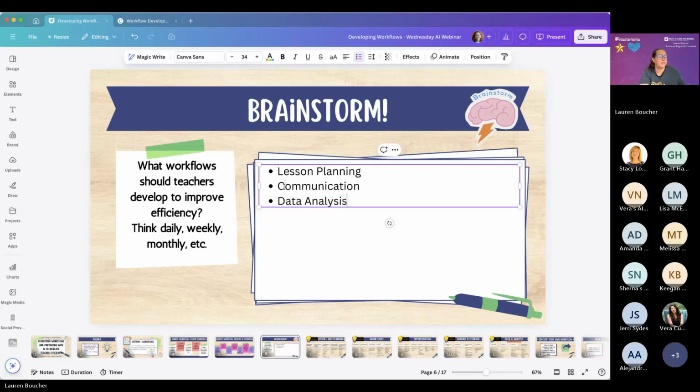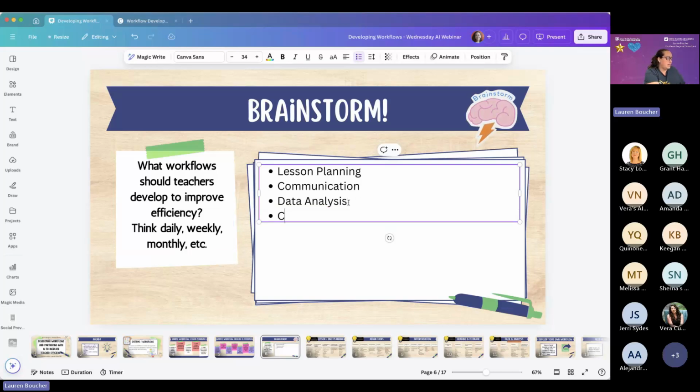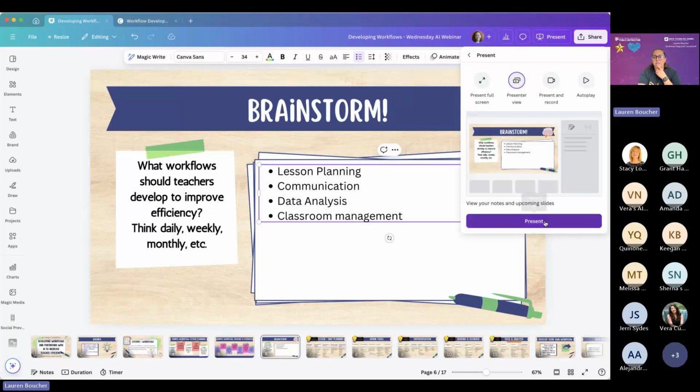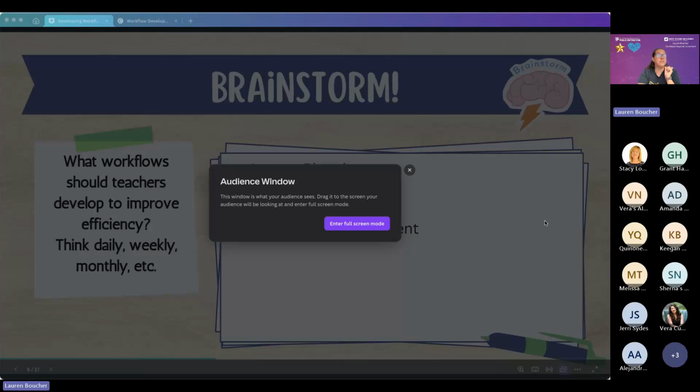Analysis. Grant's on dial-up. Okay. All right. Well, hopefully the ones that I'm getting ready to share with you will inspire some more ideas for you. And feel free to put those into the chat. Oh, thank you, Grant. Classroom management. All right, so let's go back to presenter view. Collecting various forms. Yes, Stacy, that's a good one too.